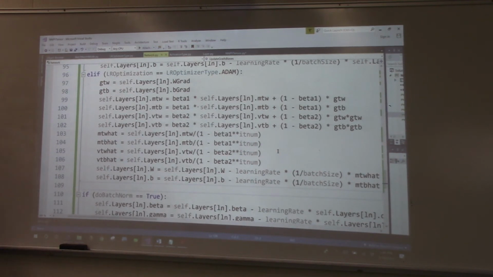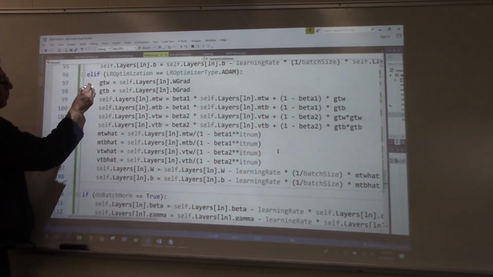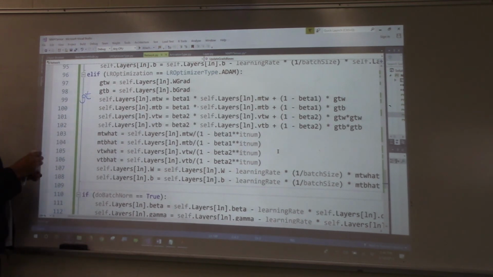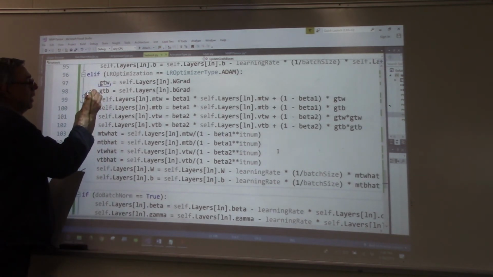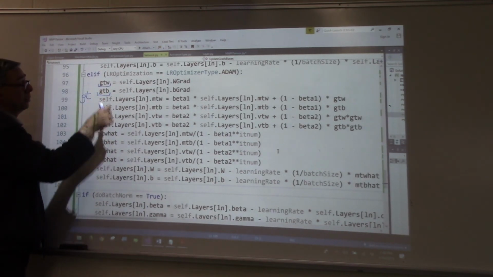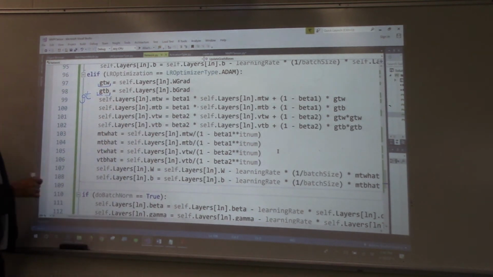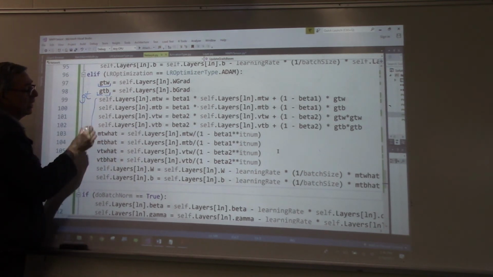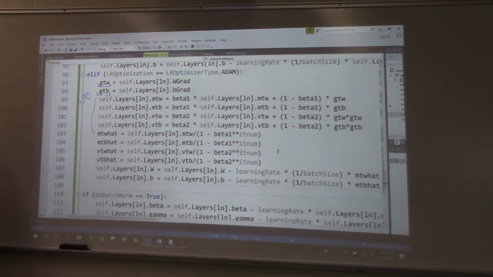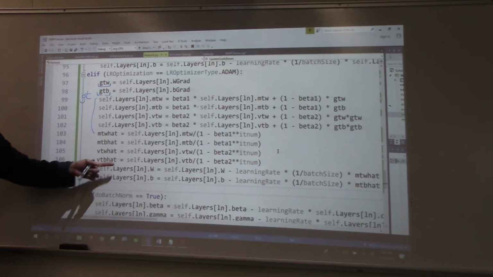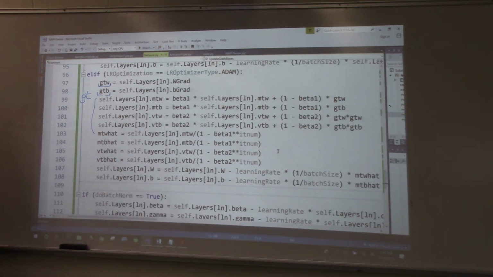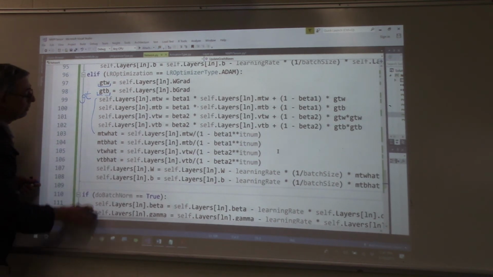So the implementation is very easy. It just follows the equations that you guys saw for the m_t, for the v_t. For the g_t, remember g_t in their terms basically means the gradient. But here we have two gradients, g_t W and g_t B, one for the weight, one for the bias. So in the beginning, I picked the gradient for the weight, store it in here, store it in the bias. And then this is the exact implementation according to the paper. And then basically we update the weights and biases exactly as the paper said. And if you did it properly,